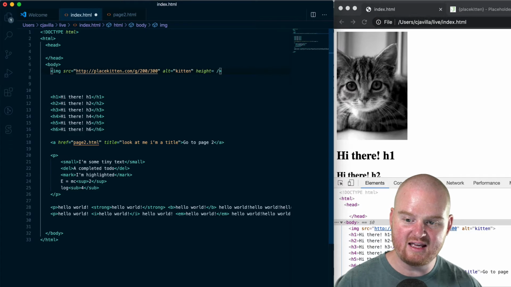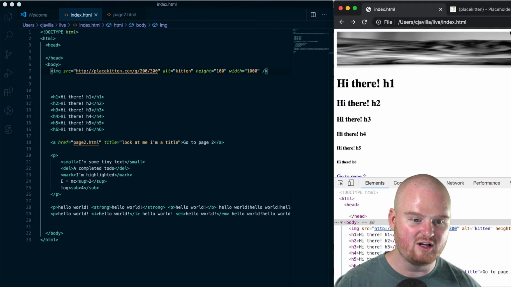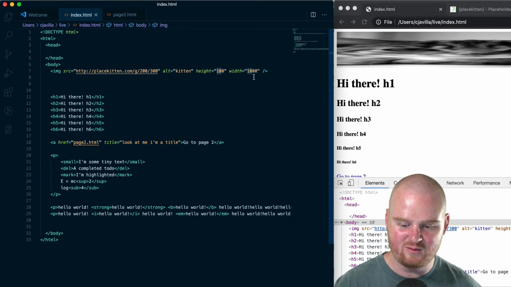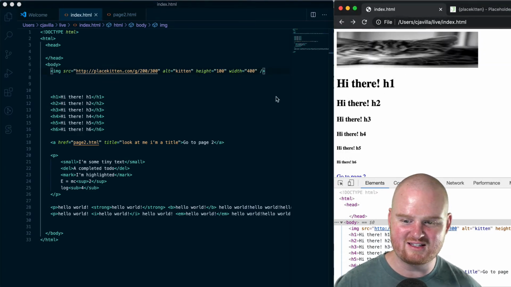So we can set the height to a value. We might want the height to be only 100 and the width to be like 1000 or something. And then if we save that and refresh, we can control sort of the height and the width of the image. And that's going to make it look not great because we're really stretching the width there. What if we make the width like 400? We'll kind of just make it look a little bit funky so we can still tell that it's a